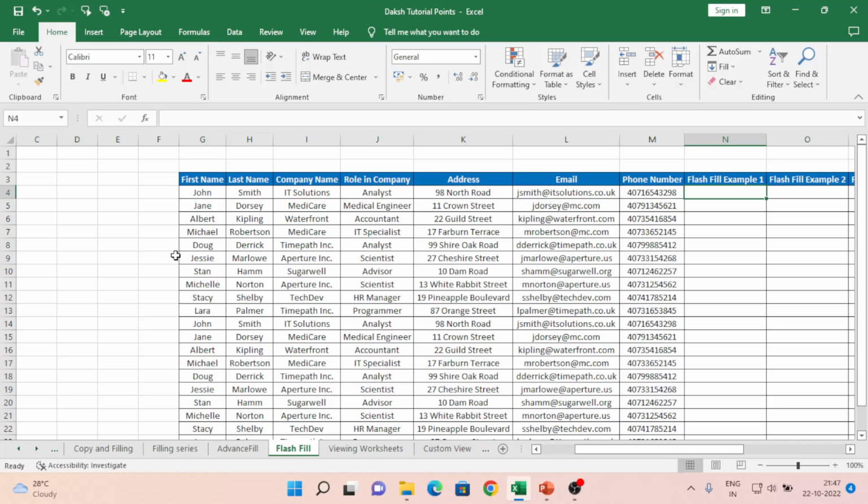Say for example I have John Smith and company name IT Solution. So I want only the first two letters, IT, to be displayed here. Okay, so I'll put IT. If I press Control E, the shortcut for Flash Fill,